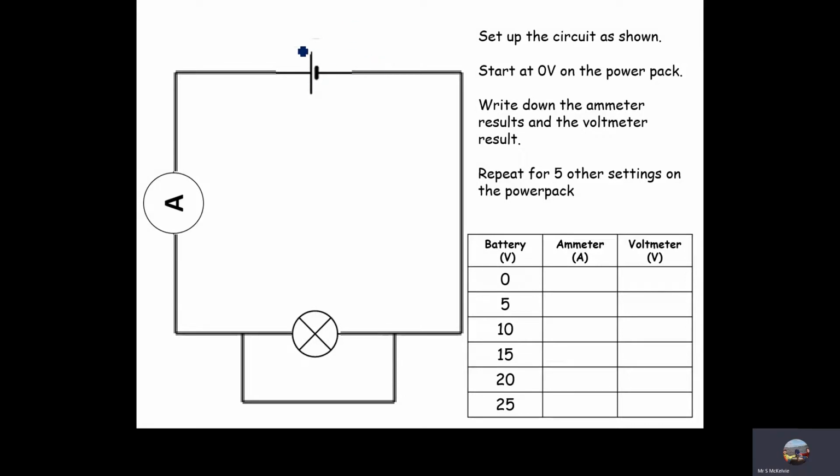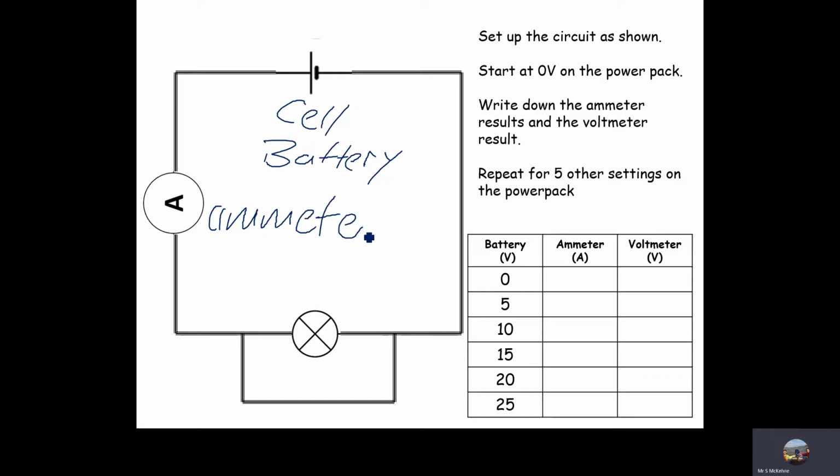When you open up the Word document, you'll see some tips on how to get onto the PhET Colorado Circuit Building website. Just for reference, even though this here shows a cell, you will have to add in a battery because there's no option for a cell in PhET Colorado. You'll make this circuit using an ammeter, and you'll have one bulb or filament lamp. You'll also have to include a voltmeter